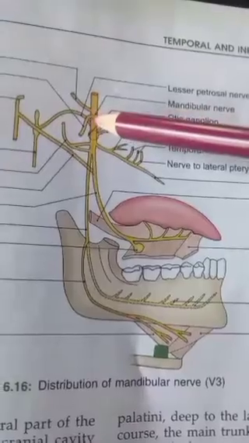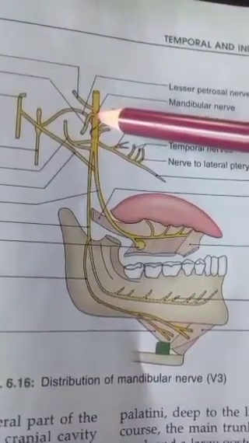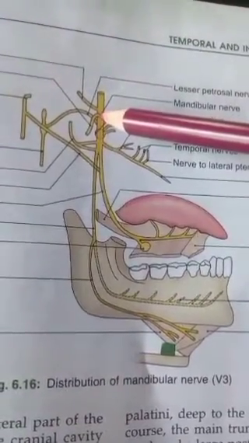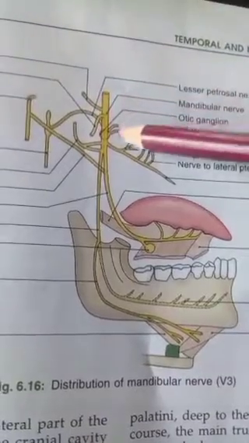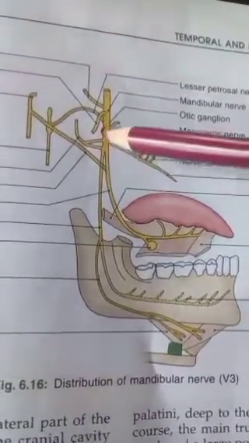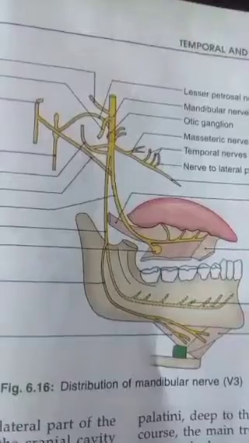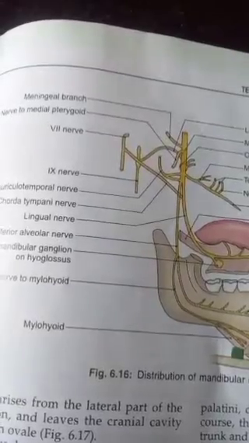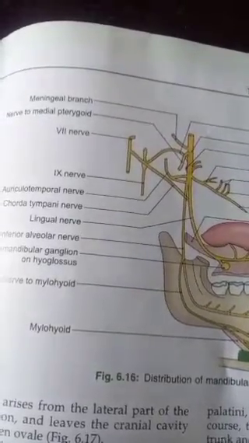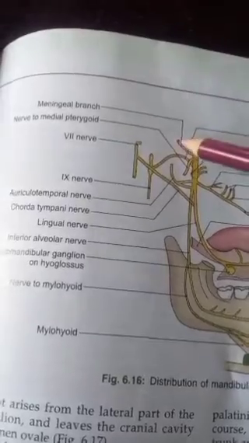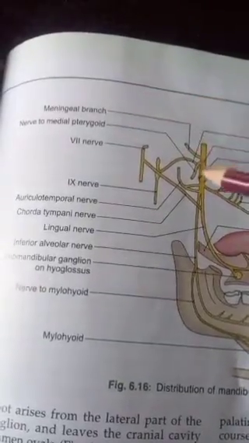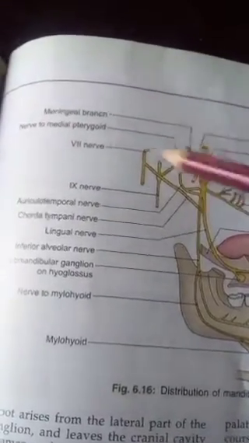This main trunk lies in the infratemporal fossa. After a short course downwards, it soon divides into a small anterior trunk and a large posterior trunk. From the main trunk of the mandibular nerve, there are two branches, a meningeal branch and the nerve to medial pterygoid